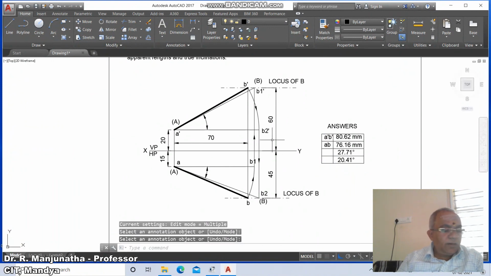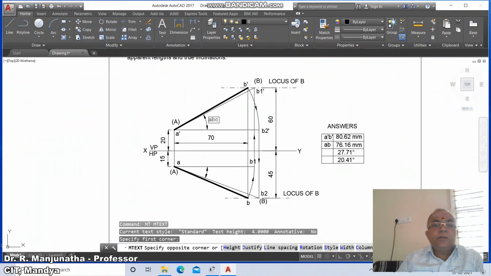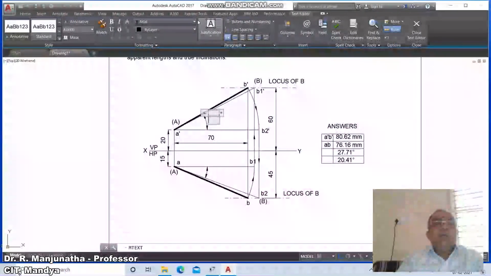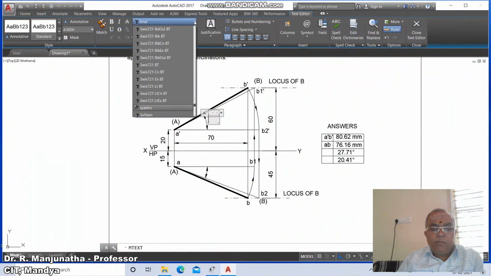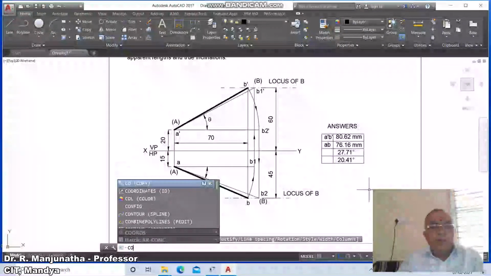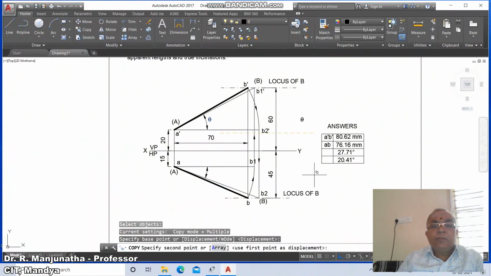And here come down to m text. So you just draw this, you make it as theta, q, small q, sorry, come down to symbol, type small q and enter. So go to copy, select this, copy it here, which is theta, switch off this and keep it here.